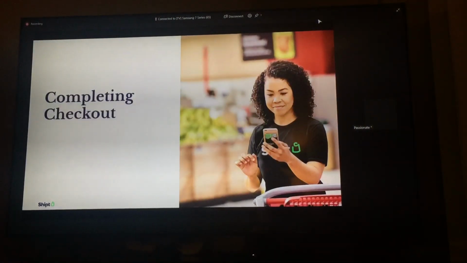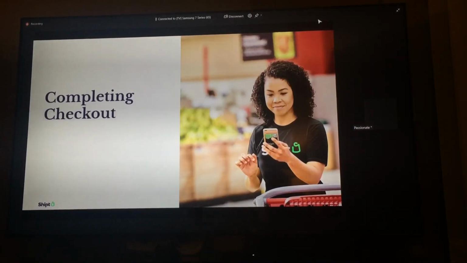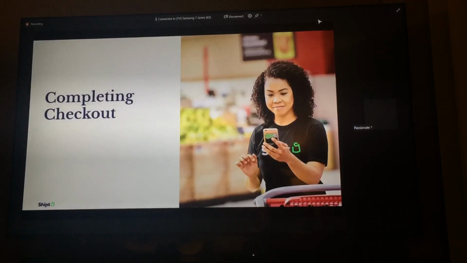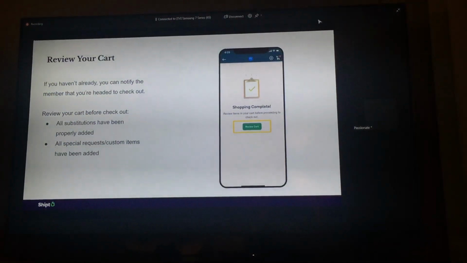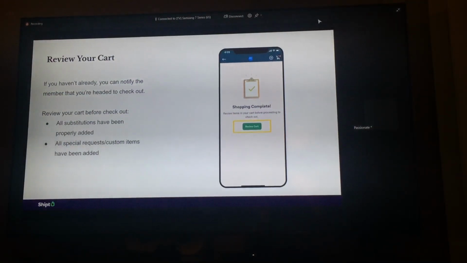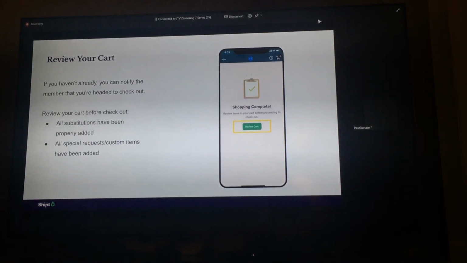All right, so now that we're done shopping the order, it's time to check out, and checking out happens both in the app and in store. And remember, members are buying their groceries from Shipt, and you are buying them in the store. And if you haven't already by this time, you can go ahead and notify the member that you're headed to check out. This gives them an opportunity to add items and gives them an idea of when to expect you